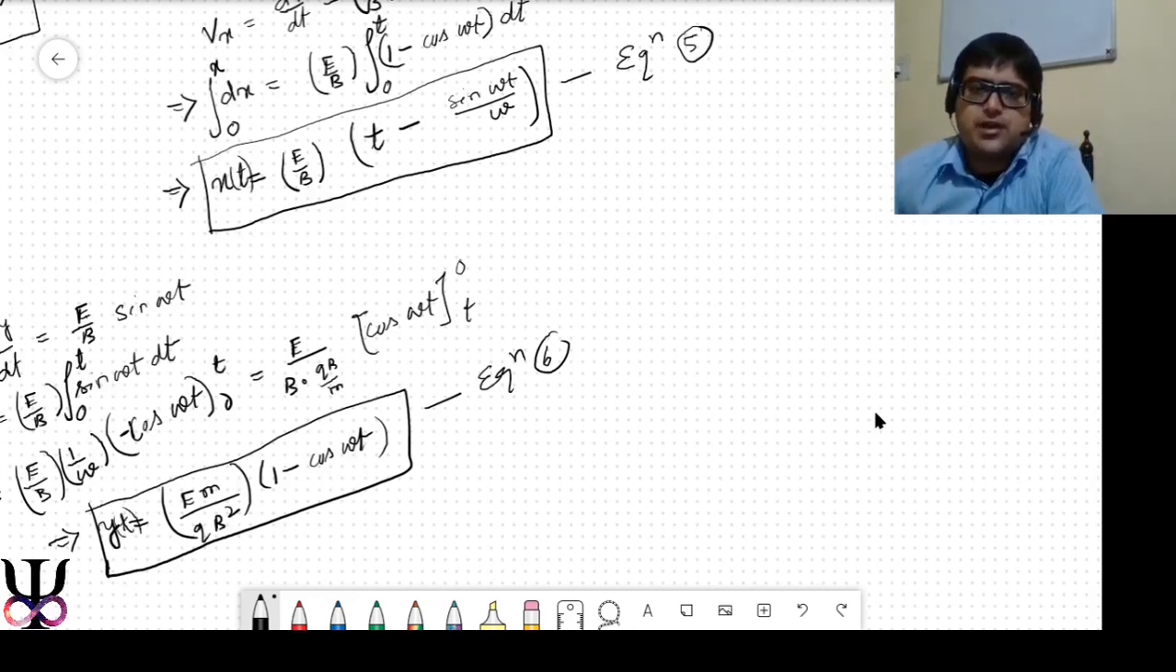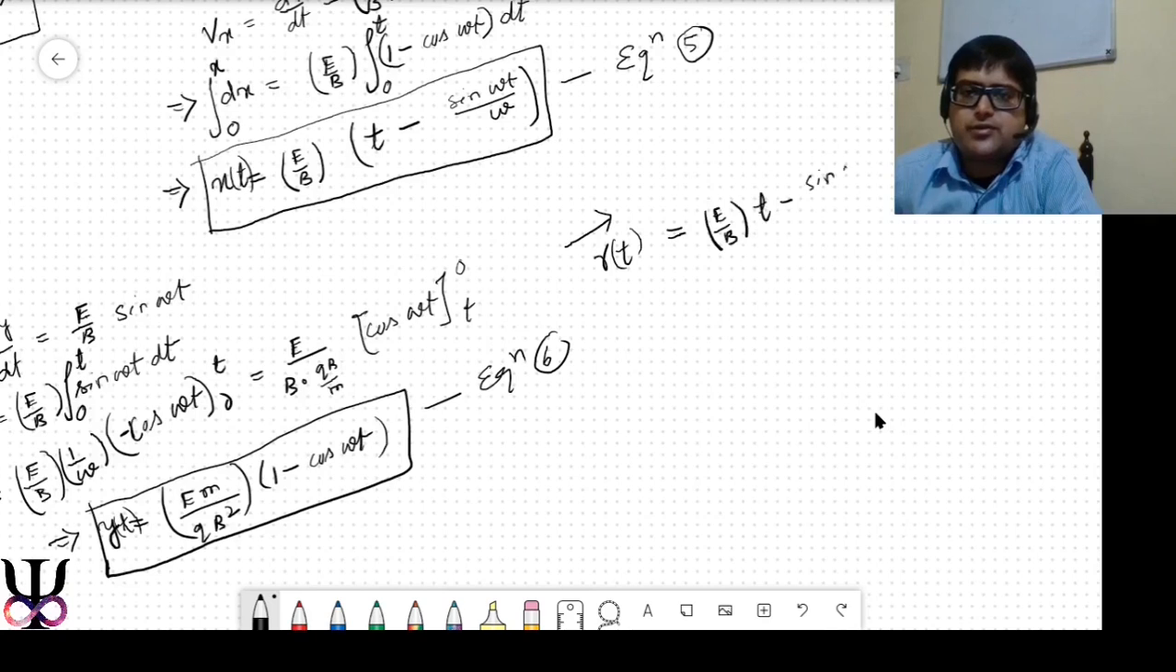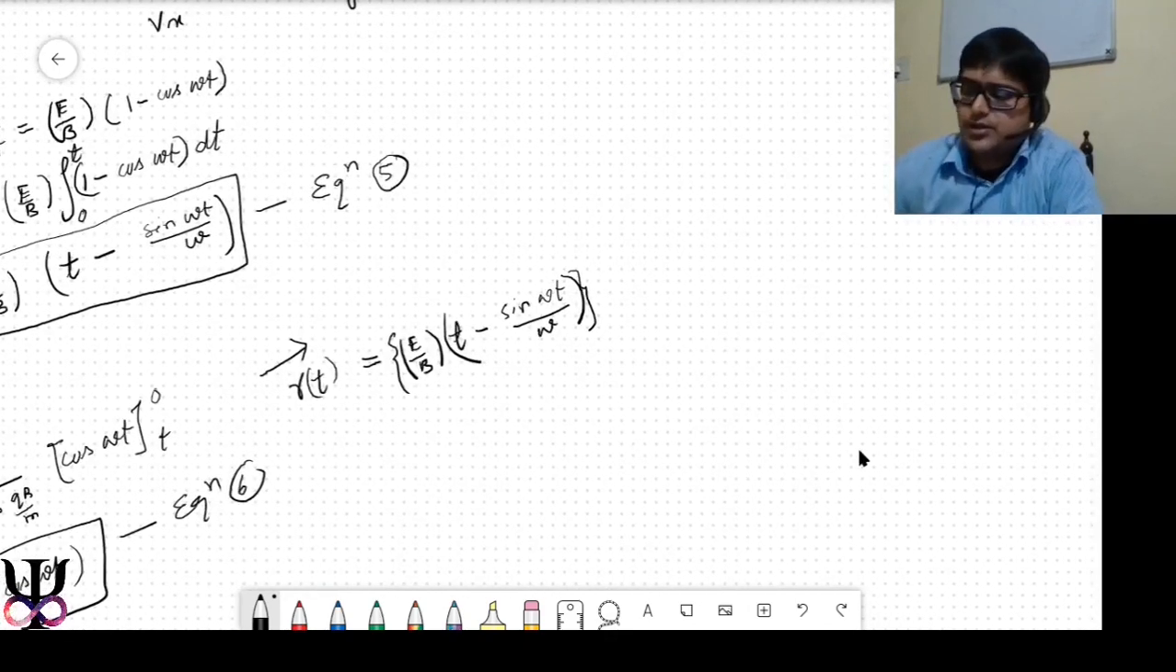So the answer to part 1 of the question is going to be r of t, which you can write as a vector: x of t, which is E upon B times {t minus sine of omega t upon omega}. Let's put it in curly brackets. That's going to be the value, but there is an i cap there,